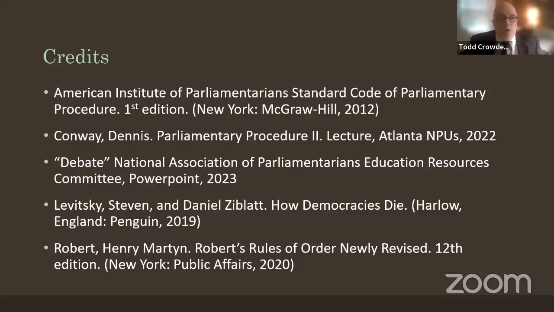The maker of the motion agreeing that it's friendly and the chair agreeing that it's friendly lets a lot of people know, okay, this is cool. Everybody agreeing this is a friendly amendment, so we won't get too upset about it. We won't dig too hard to figure out what they're trying to do. They're just correcting something. That's what it's for. Essentially, it's a signal that it's a correction, but it gets no special rights.